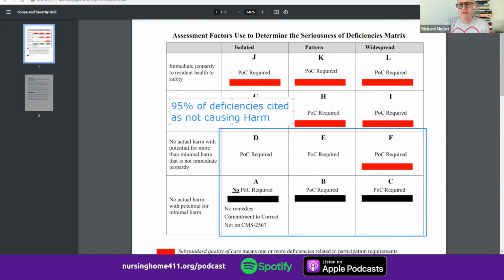We've done a number of studies in the past 15 years, each looking at several years of data, and what we find is that about 95% of the time when a state surveyor comes in and does substantiate substandard care, 95% of the time they say it's no harm, and therefore the facility essentially gets off scot-free and gets paid again for that level of substandard care, which is very disturbing to us, and I think should be disturbing to anyone who's concerned both